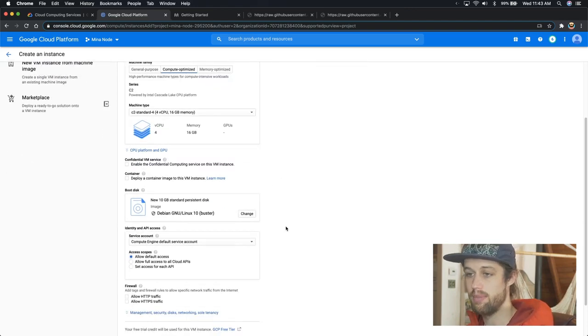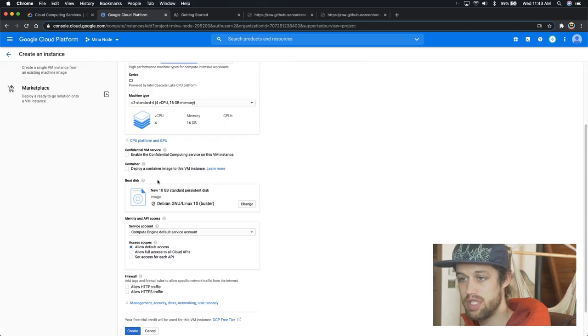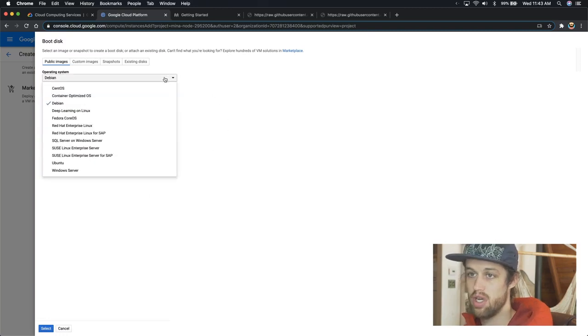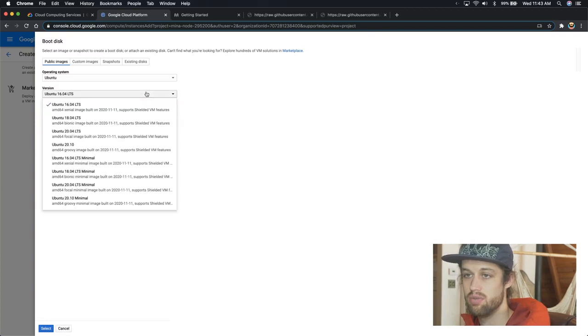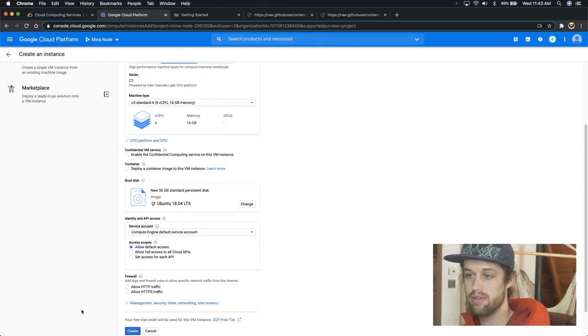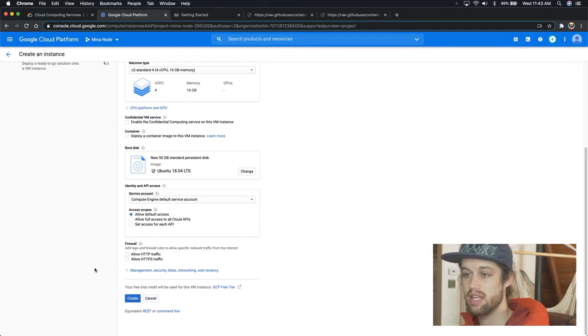Next, let's change our operating system. Go to the boot disk section and change the boot disk that we're using. Under the operating system dropdown, we'll select Ubuntu. And under version, we'll select 18.04 long-term stable. Let's also upgrade our disk to have 50 gigabytes of memory, just in case. When you're done, click the select button, and then you'll be taken back out,